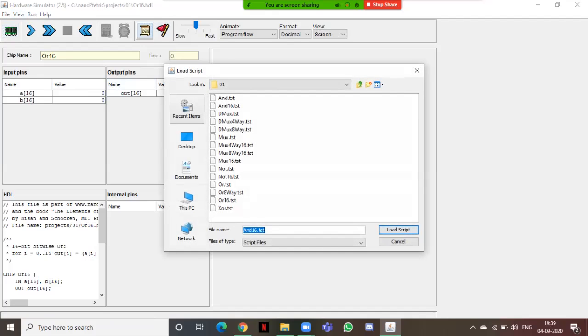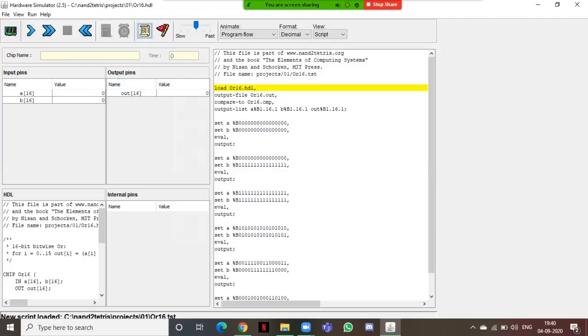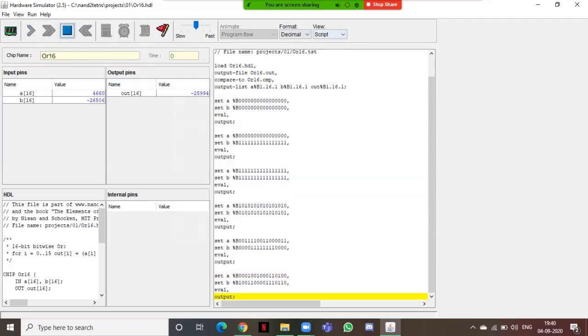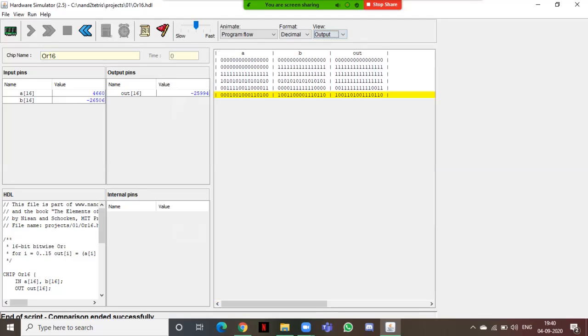Load the script. Are you finding it interesting? I'm doing it. See the values? Let's go to the output section.